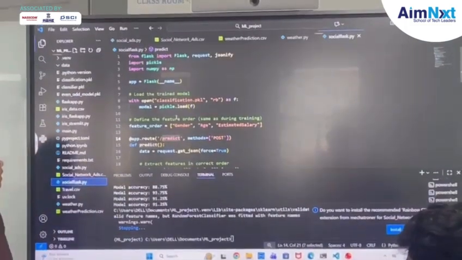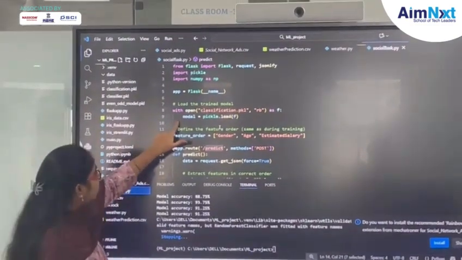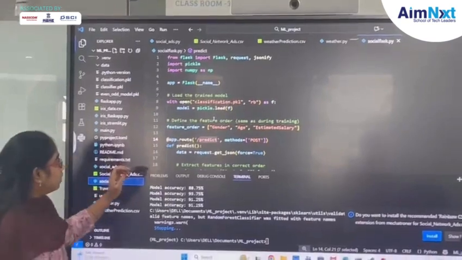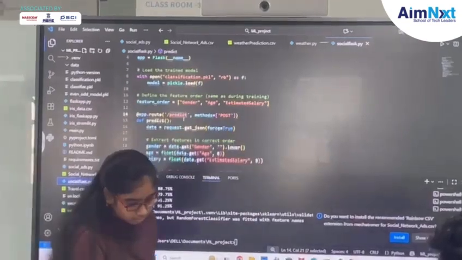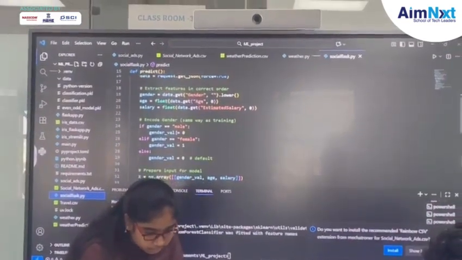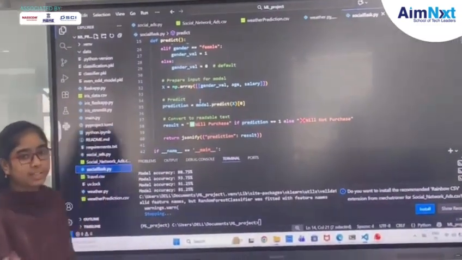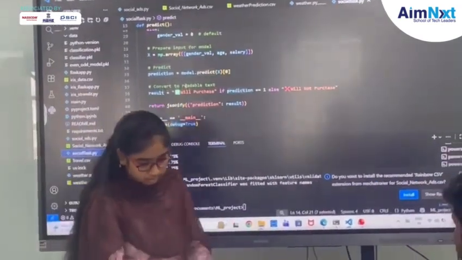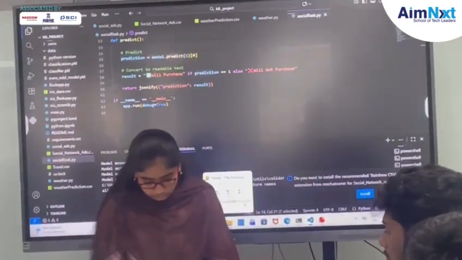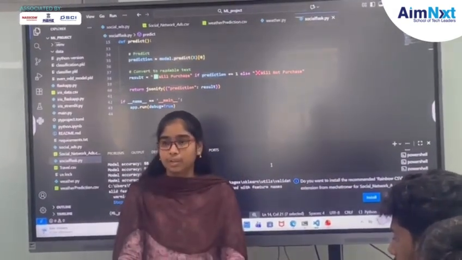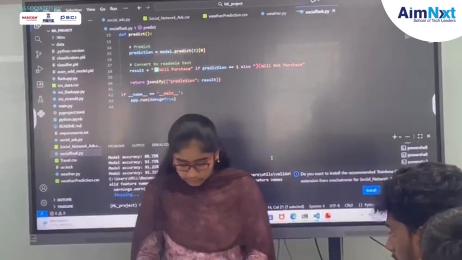This code is for the Flask application. First we want to import the required libraries, and we want to load the pre-trained model, and we can create the predict button. In the code we can use the dataset as a JSON file. For the Flask application, we want to see the output in the Postman application. To see the output, the command is python space